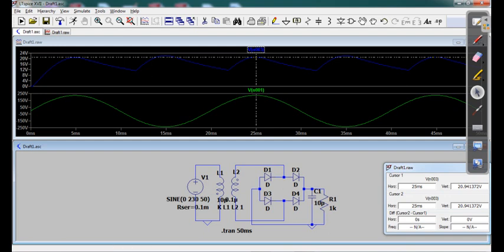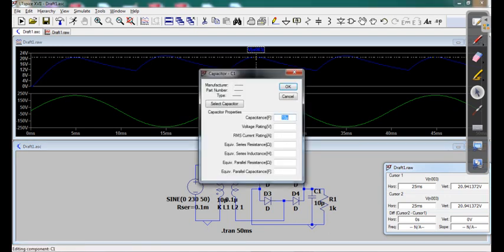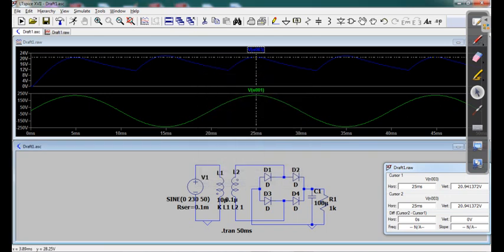So as expected, this is the discharging, this is the charging. And now you can also play with the capacitance value, and instead of 10 microfarad, if you put say 100 microfarad, then what is the effect. Click on OK and click on run. You see now the output voltage is much smoother. So at the output, with the help of a large value of capacitance, you can get a smooth output voltage. So these characteristic curves, their magnitudes and everything that we actually see in the oscilloscope, with the help of this simulator we can also see all these things.